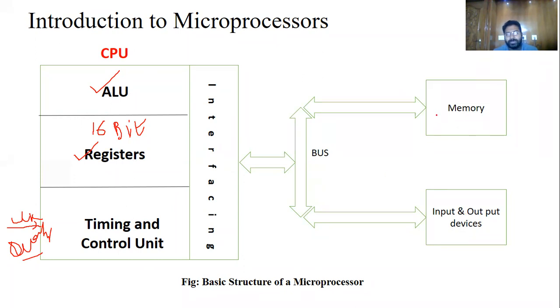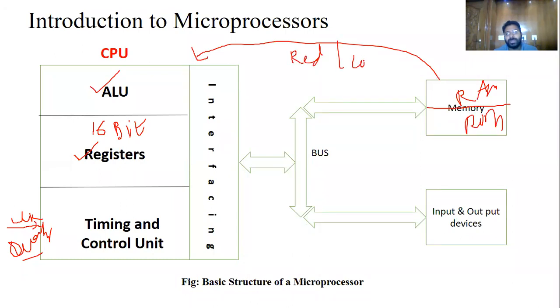Suppose you want data from the memory, RAM or ROM. Whatever data is present in the memory, the microprocessor wants it, which means it performs a read operation, nothing but a copy operation, which you can simply represent as RD bar. Whenever it performs this operation, the microprocessor sends a fixed number of clocks. A read operation is a 4-clock operation: 1, 2, 3, and 4.